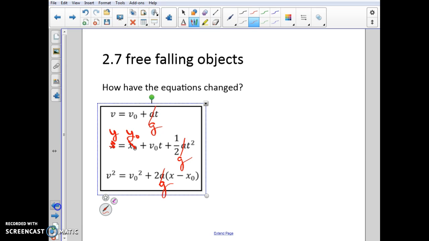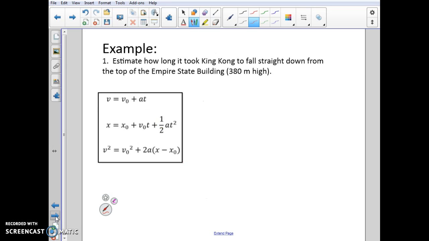Now, another thing people might want to do is change the x's to y's, right, as far as initial position being in the y-axis as opposed to the horizontal x-axis. It's all based on your preference, okay? So when I see this, you could take time to change it, right? But you don't have to. All right. So I want to give a couple hints, I guess. Hints with working with